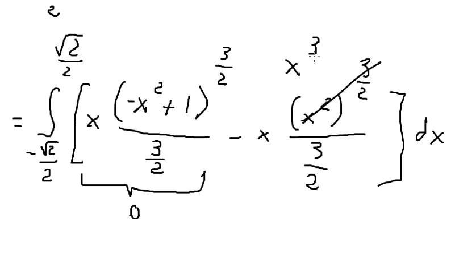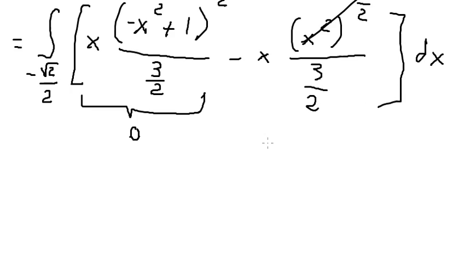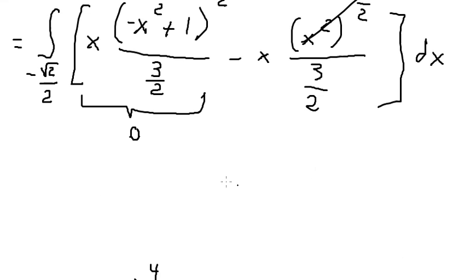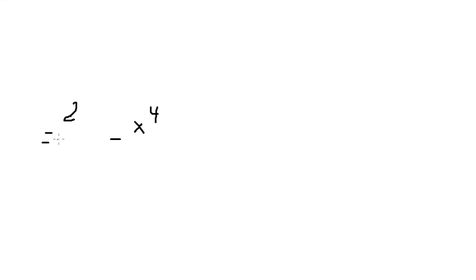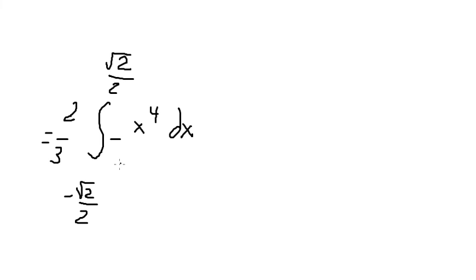So x to the power of 3 with x in here, you will have negative x to the power of 4. 3 over 2 we put in here into 2 over 3, and we have the integration from negative square root of 2 over 2 to square root of 2 over 2, and we put the x, the integration of this one,